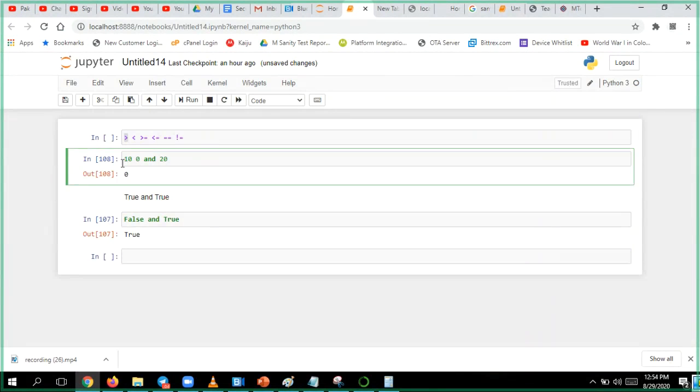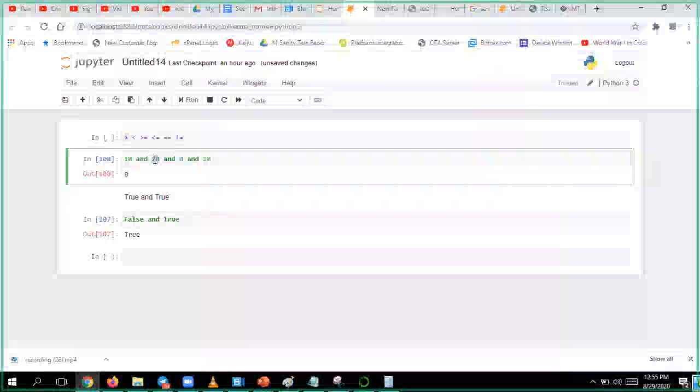Now this is 10 and 20, and now you tell me which value I will get. First value is true or not? True. And this one is true or not? True. So true and true, what will I get? True. Correct.